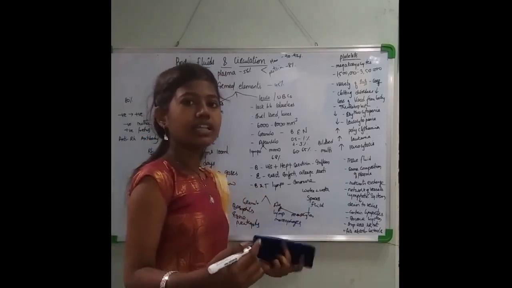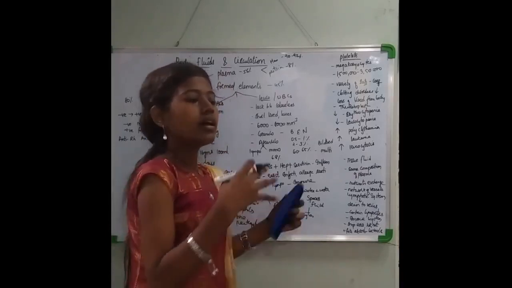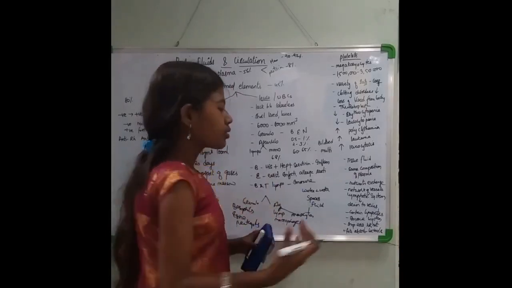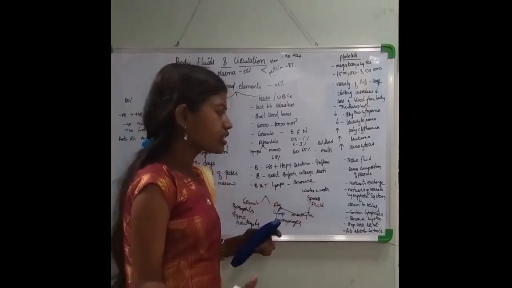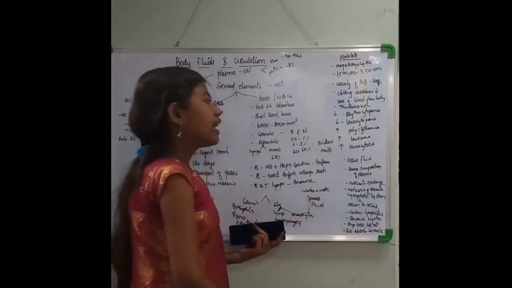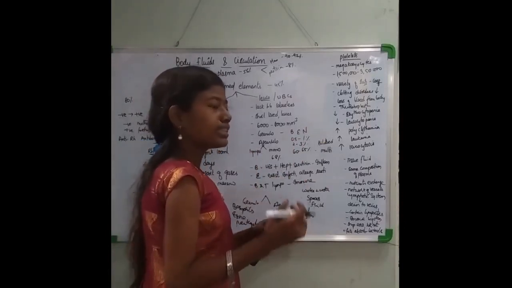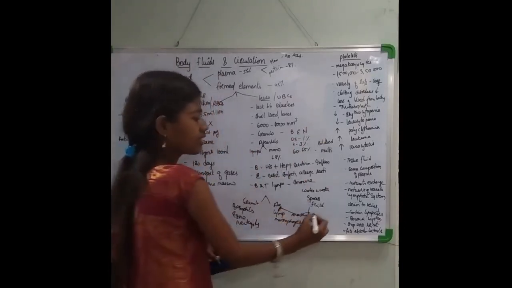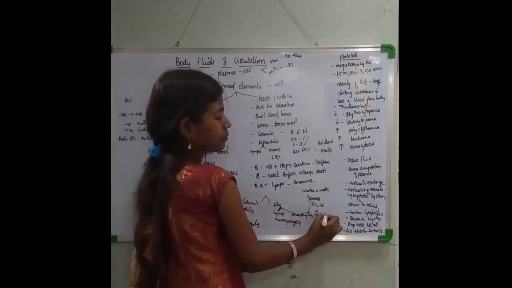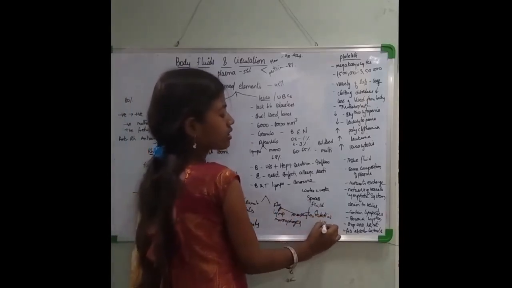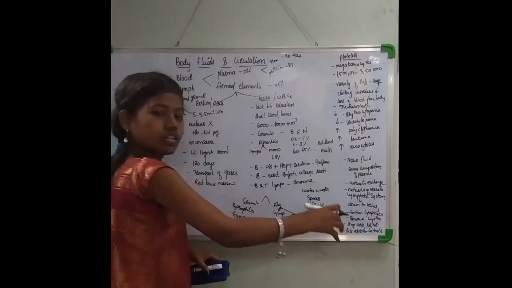This fluid also helps in the maintenance of the immune system, and it is an important carrier. As I told you in the beginning, it helps in the passage of certain drugs. It is an important carrier for hormones and for nutrients, and fats are also absorbed here. Fats are absorbed in the lacteals. These lacteals are present in the intestinal villi. So this is about the lymph fluid.